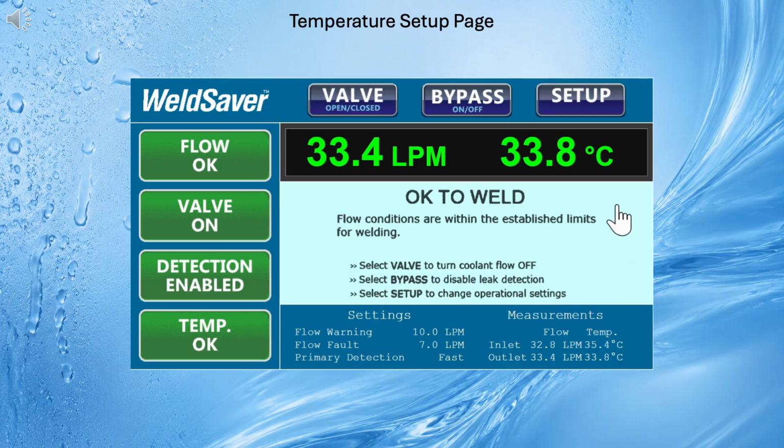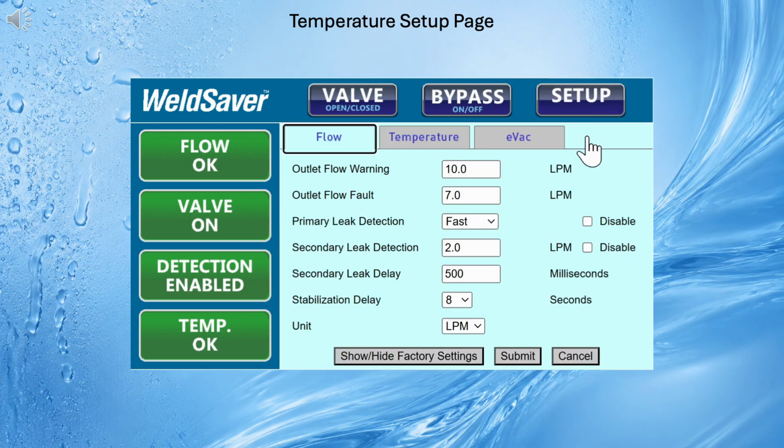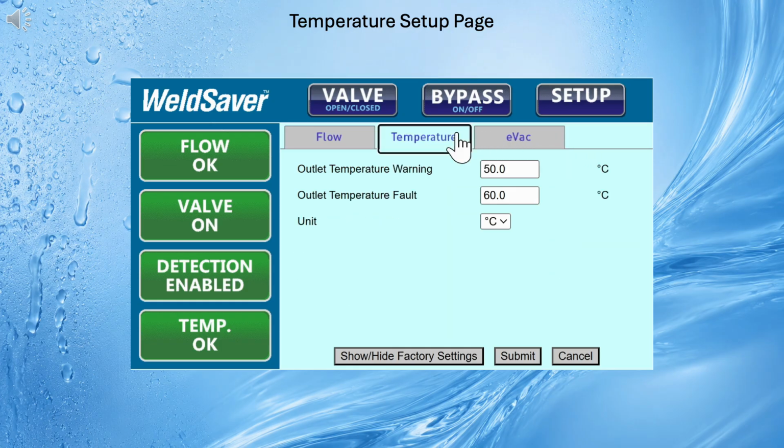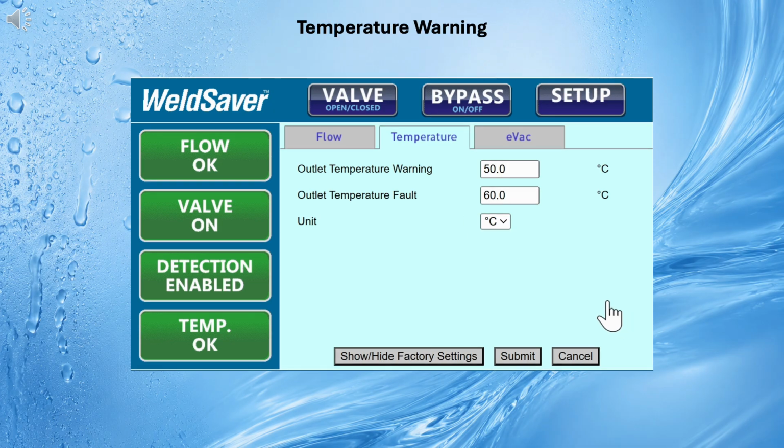To adjust the temperature operating parameters, click the Setup button on the main screen, and again, you'll find the Setup screen with the Flow tab appearing as the default. This time, click on the Temperature tab where you can select between empirical and metric units for temperature measurement. To receive a warning if the water temperature approaches dangerously high levels, select the Outlet Temperature Warning input box